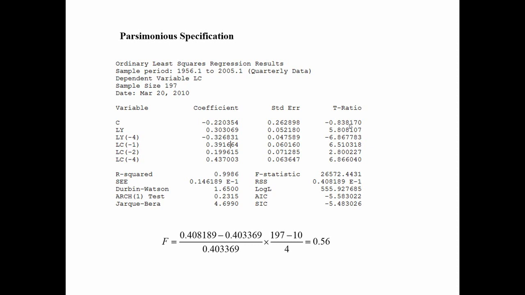So I want to do a final test where I test all 4 restrictions simultaneously. If I do an F test for that, I compare the residual sums of squares from the restricted and unrestricted models. When I impose those 4 restrictions jointly, I get an F statistic of 0.56. So I don't reject those restrictions either individually or jointly. So this is my parsimonious specification. Now what I want to do now is write that in